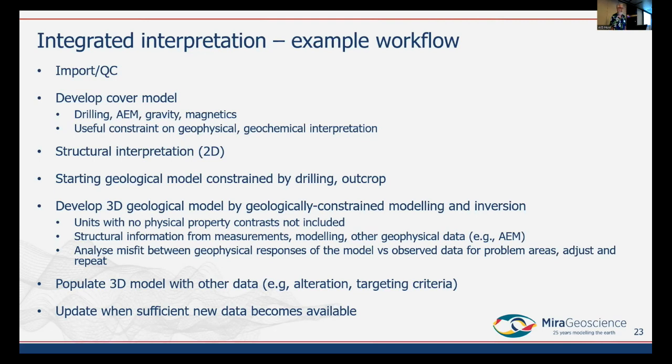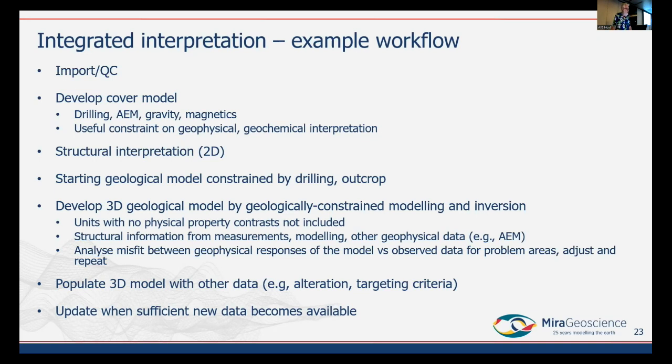Then we might move on to a structural interpretation in 2D of all the geophysical data, and basically just domain it up in 2D, saying what sort of different regions or domains we can see in the geophysical data, and what they relate to in terms of the known geology. That would be building up a sort of 2D interpretation.